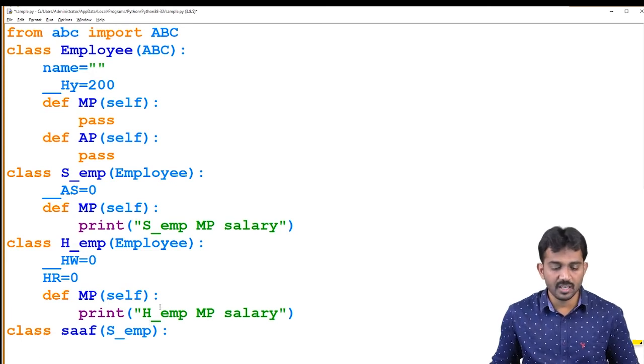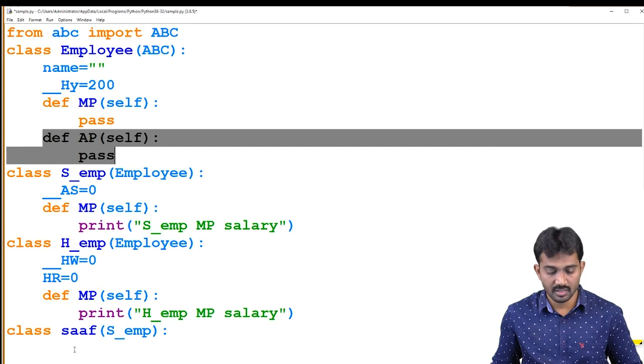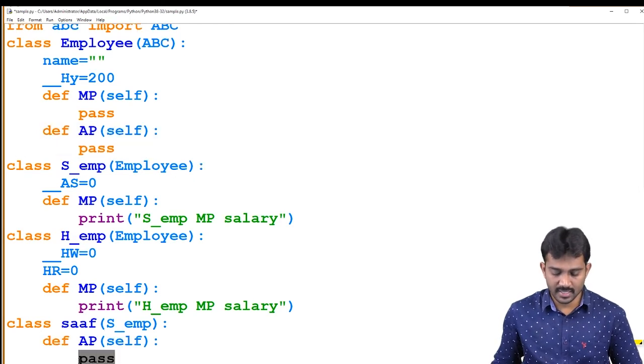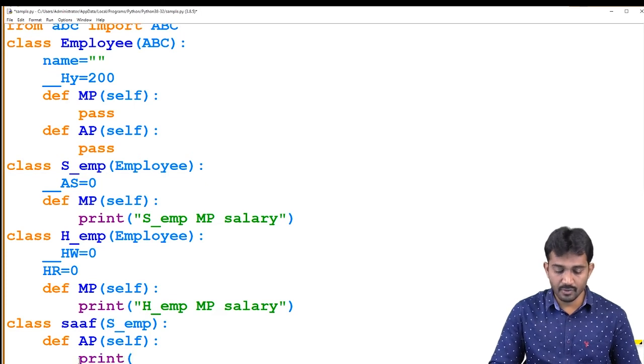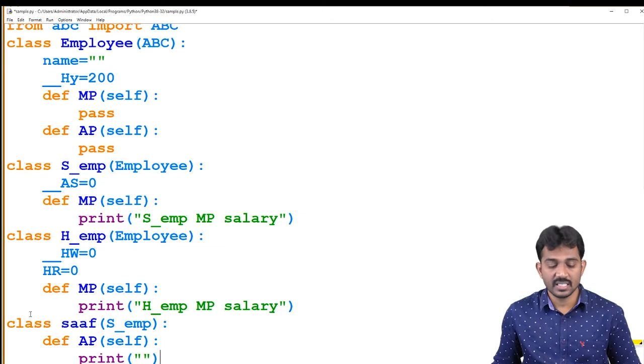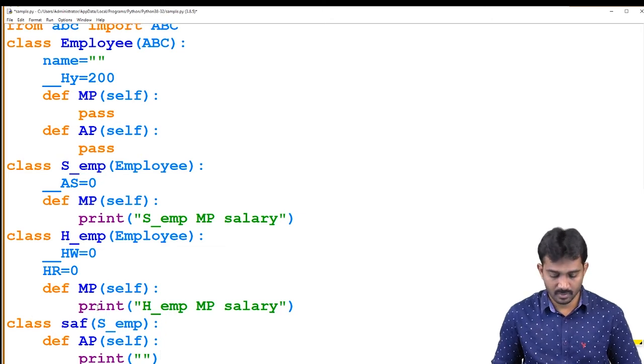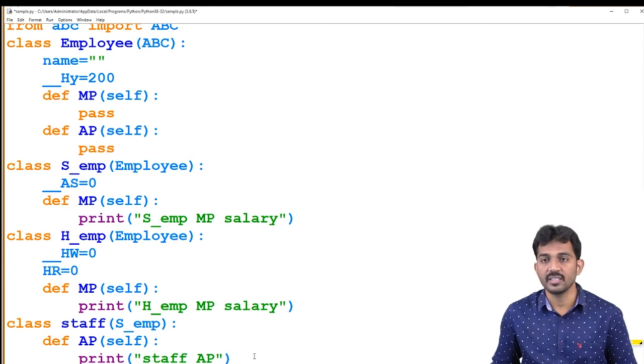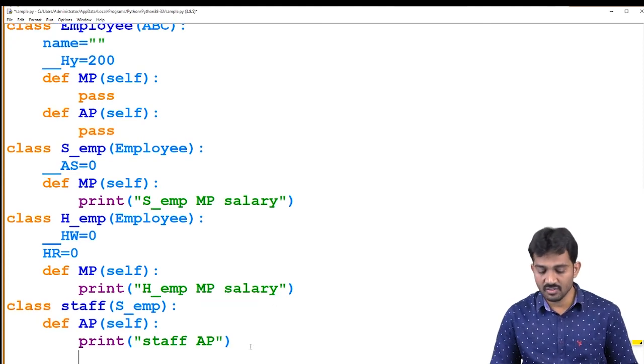You just implement the method. What is the method? Annual salary, right? So annual salary, print of staff annual salary, right?